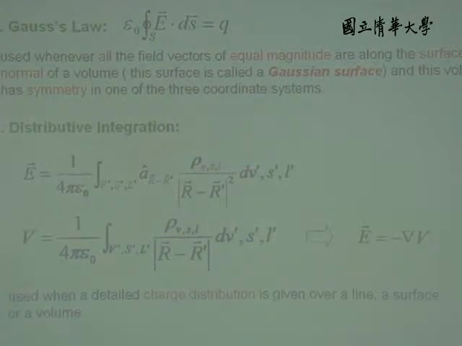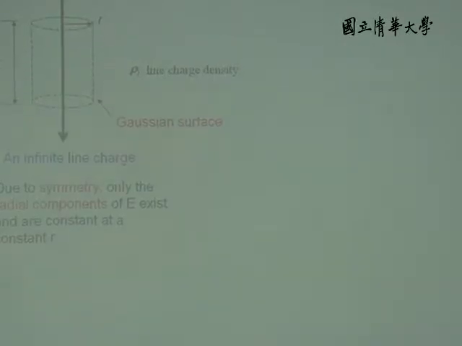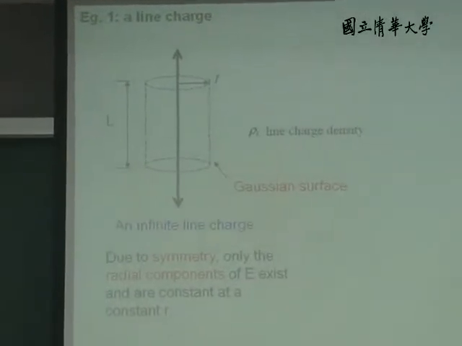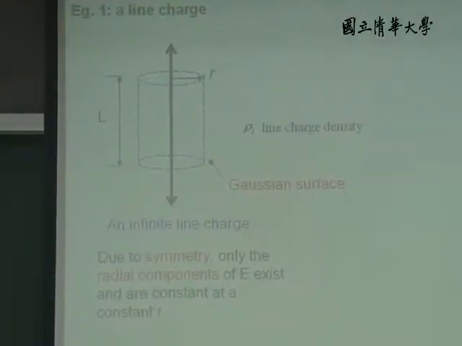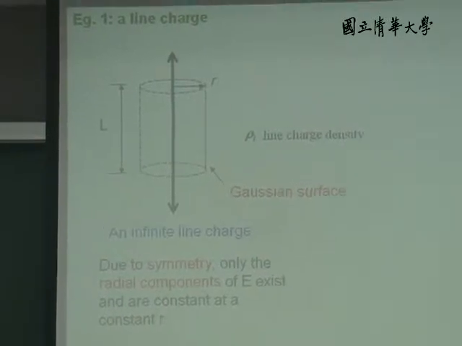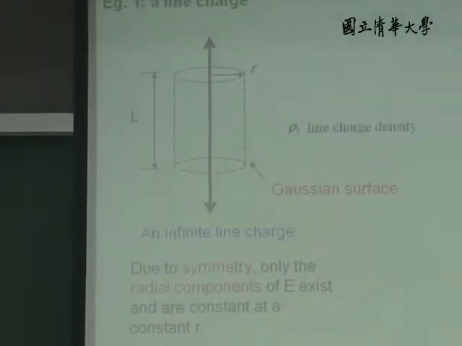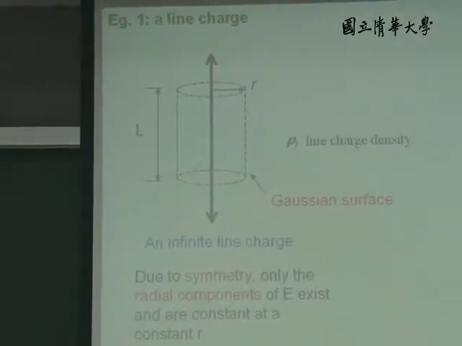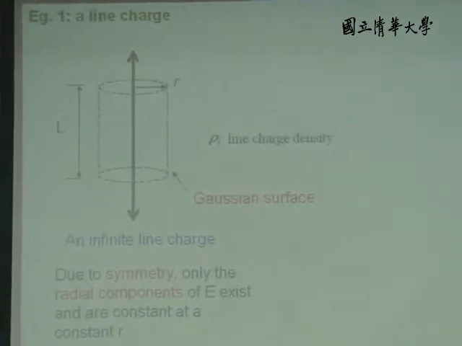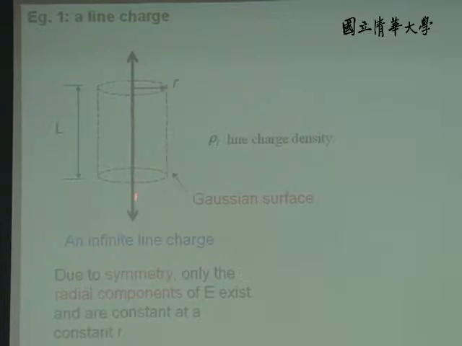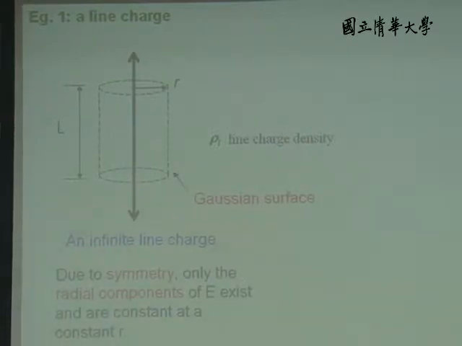Okay, so you need to know how to use both of these methods. Let me give you several examples. Okay, the first example is that suppose you have an infinitely long line charge. There is a line. This line is very, very long, so let it be infinitely long. In this situation, can you find a Gaussian surface to do this calculation? Well, suppose you have a line with infinite length, and then you want to know the electric field